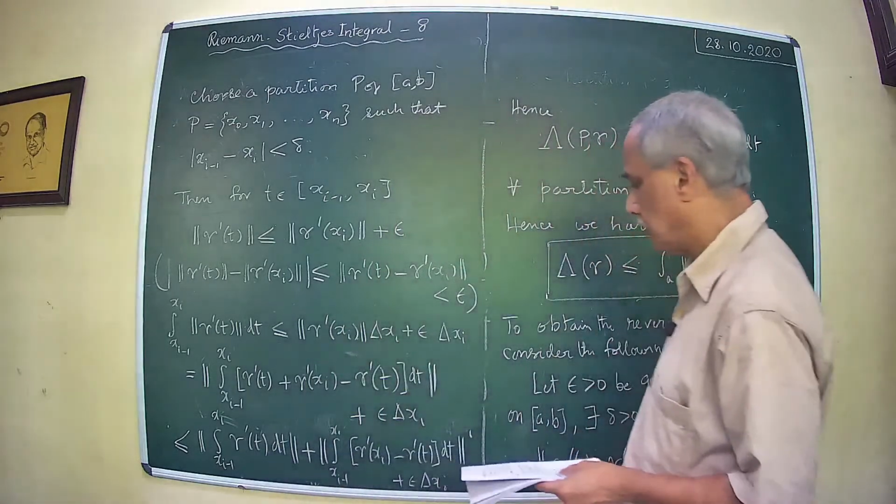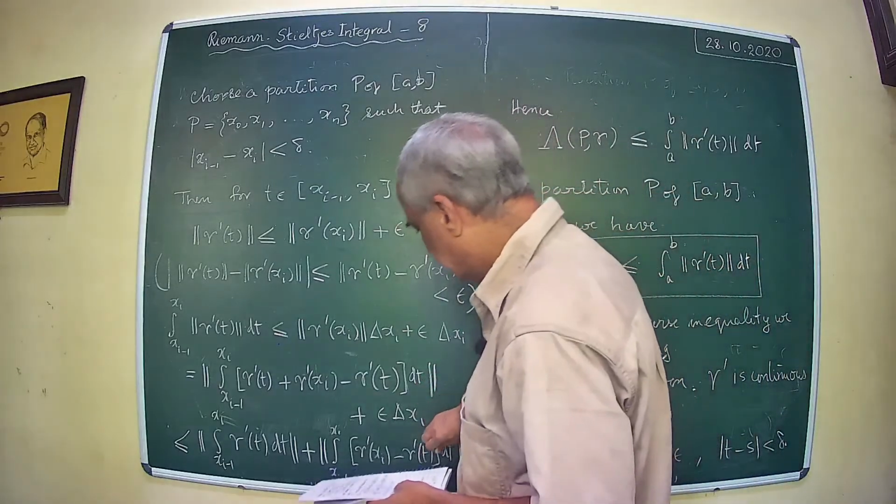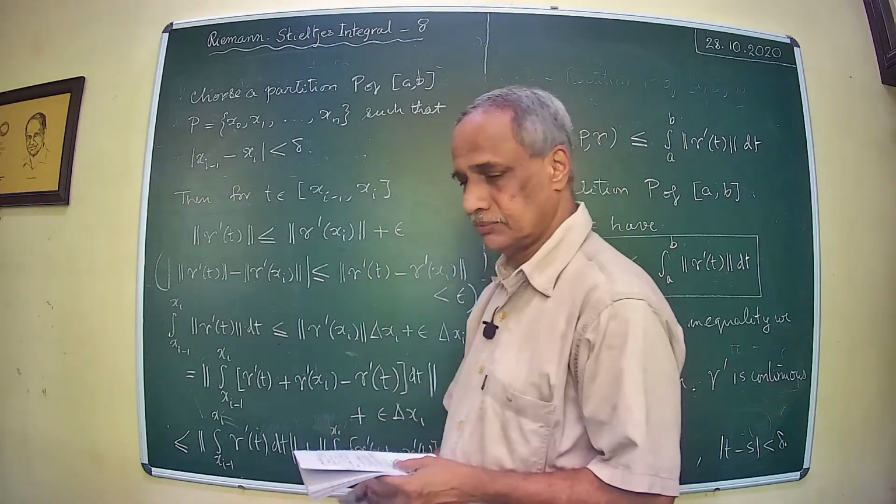Now what do I have? What do I know? I know that this is less than epsilon. Therefore,